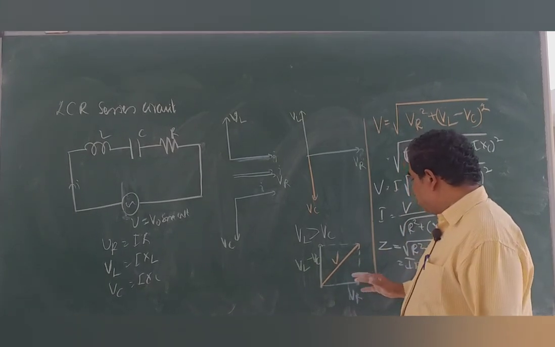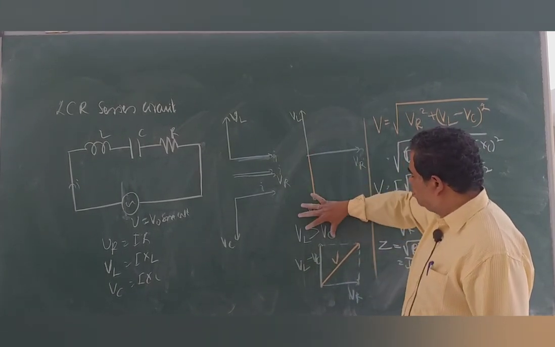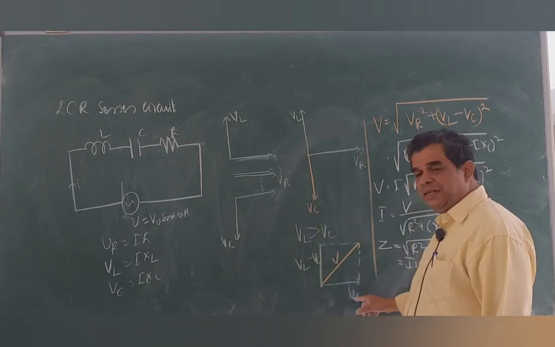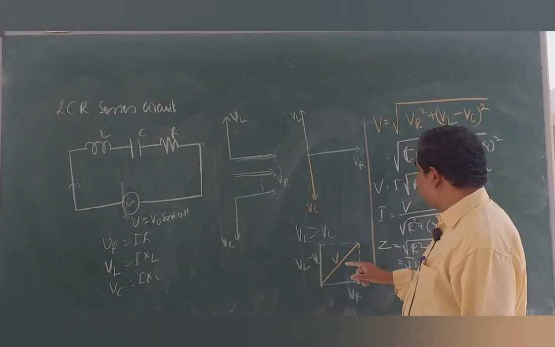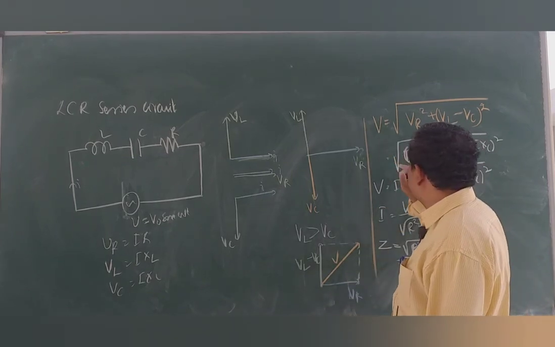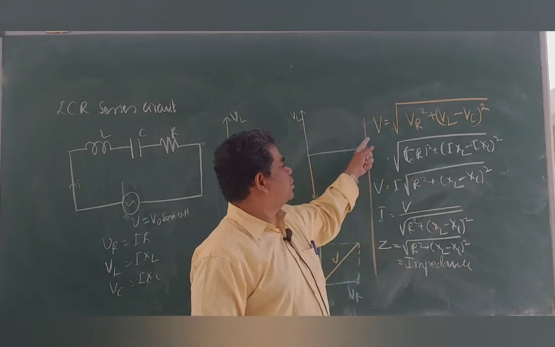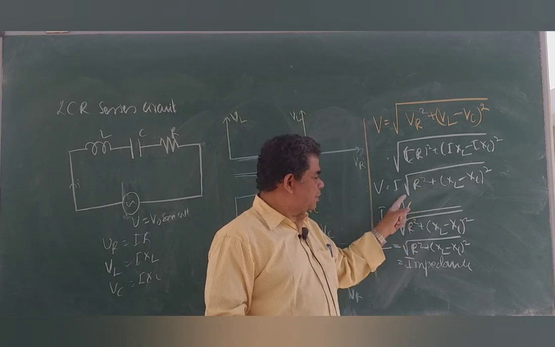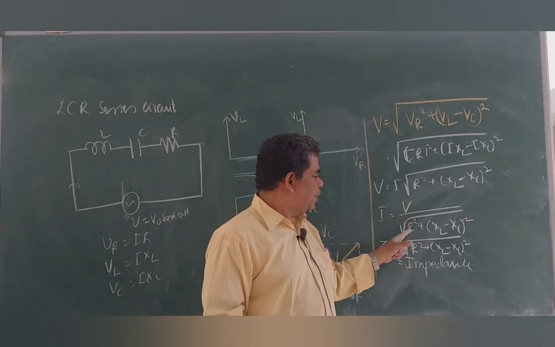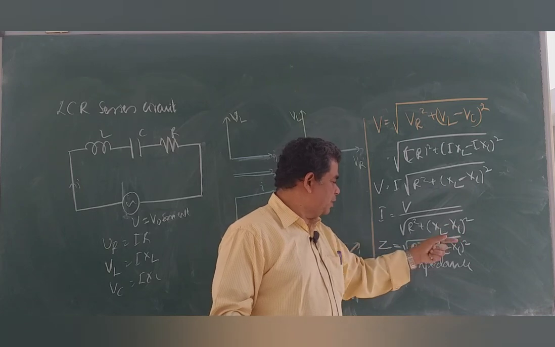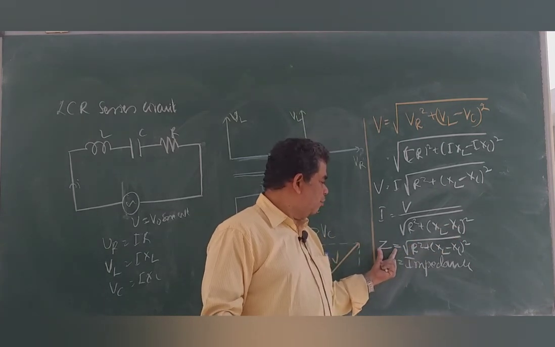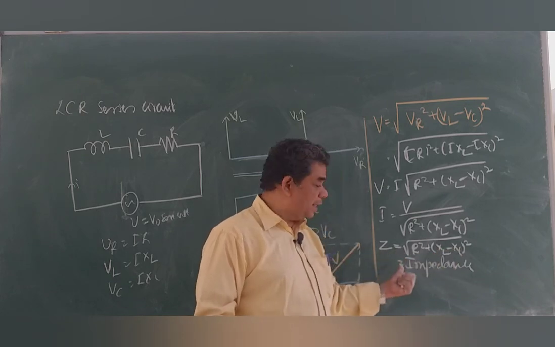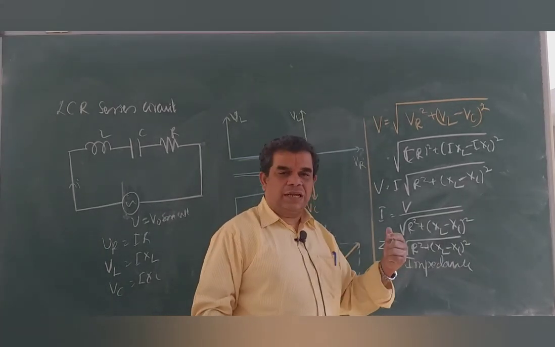We get this graph because if we assume VL greater than VC, their resultant is VL minus VC. Therefore, their resultant is V according to the parallelogram law for vector addition. Therefore, V equals root of VR square plus (VL minus VC) square. By simplifying them, we get I equals V by root of R square plus (XL minus XC) whole square, where that denominator, root of R square plus (XL minus XC) whole square, is called Z, the impedance. For this class, I conclude here.